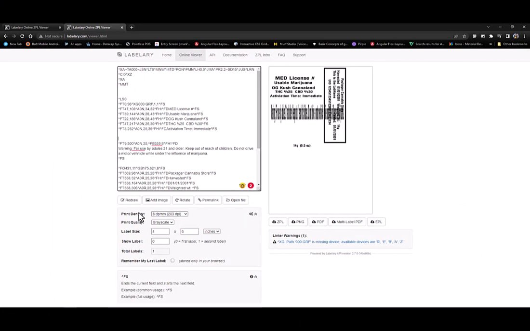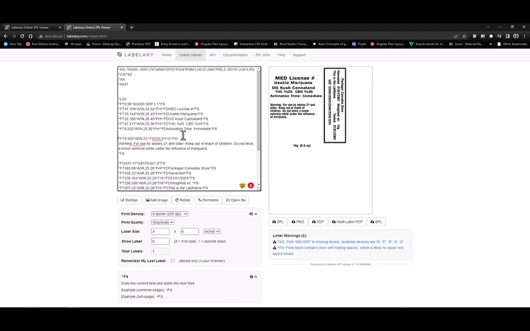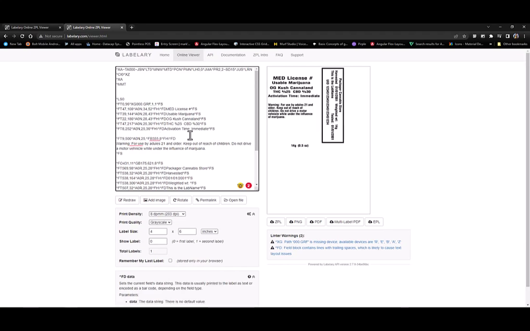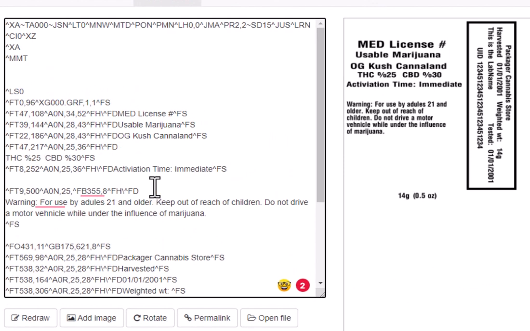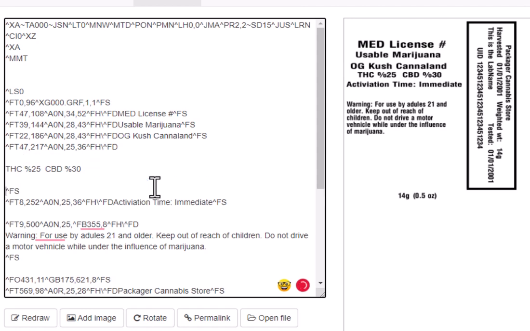I'm going to remove this. We press redraw, and now the text wraps, and it's a good font. Next, I'm going to assign some field values that we want. We can see here that this is THC and CBD. I'm going to make this easier for us to read. Once again, I will highlight the value, item, menu item,